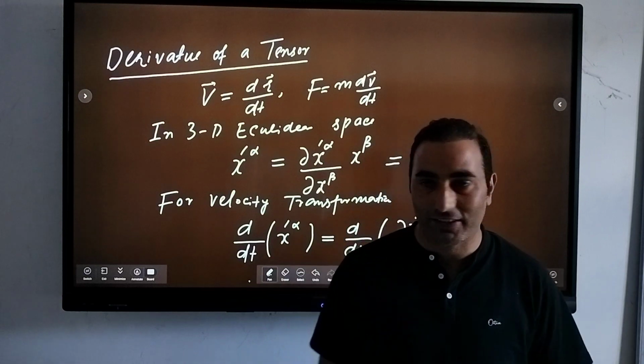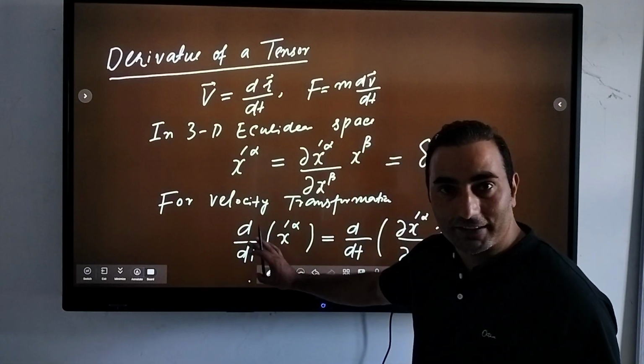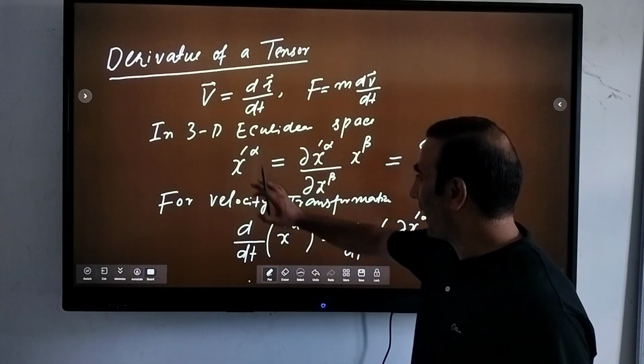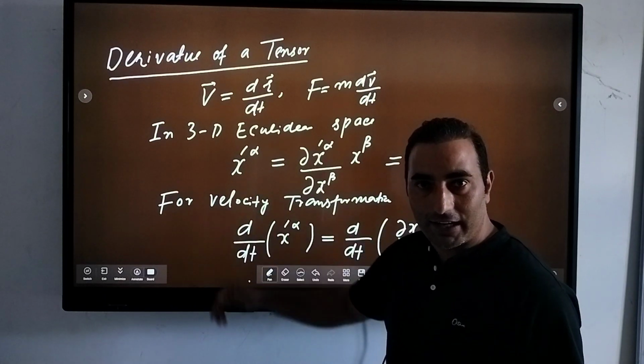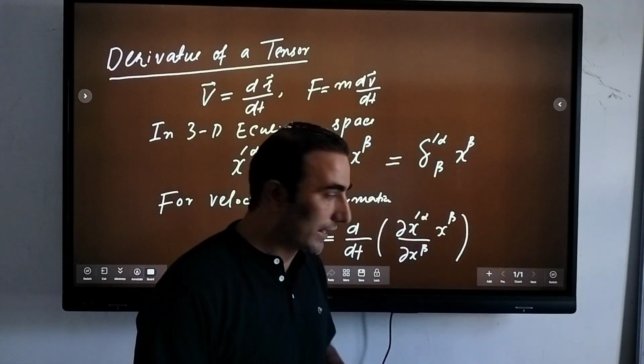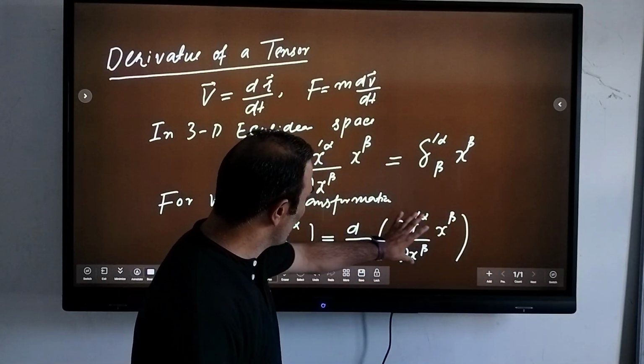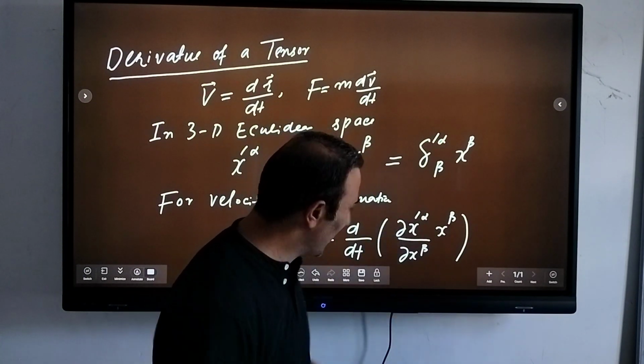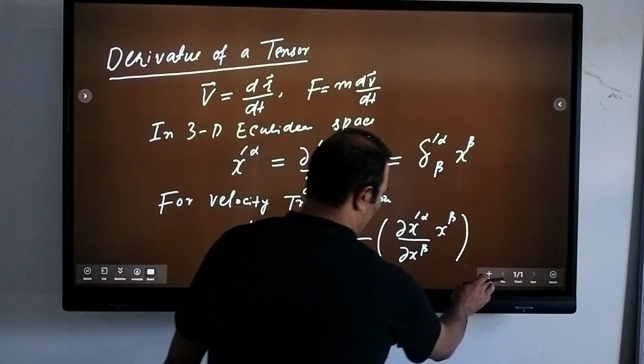There's nothing complicated, right? Simply I take the derivative, d by dt of this x prime alpha. This is our left hand side, and on our right hand side we have two quantities, so you can use the product rule and solve this. You can derive this as